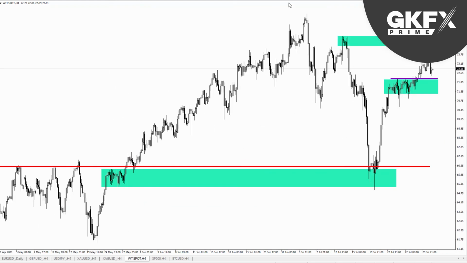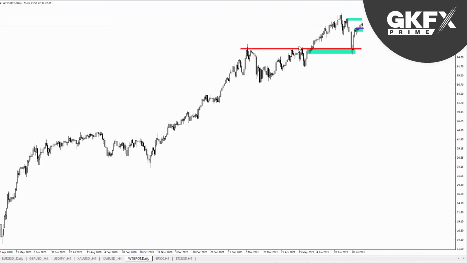On the bigger picture, if we pull out to the daily chart, again, this is our major resistance, which turned into support. We've rallied off it. So, all looks fine from here. But obviously we had a couple of sharp weekly sell-offs, but we seem to have come back from it. So again,